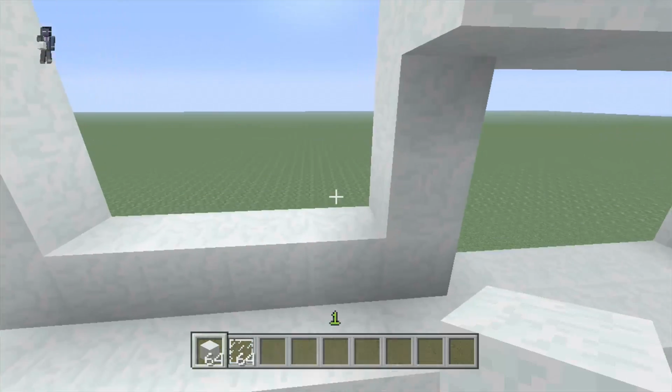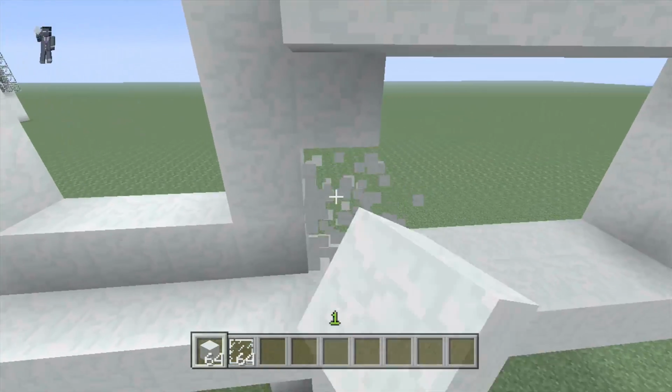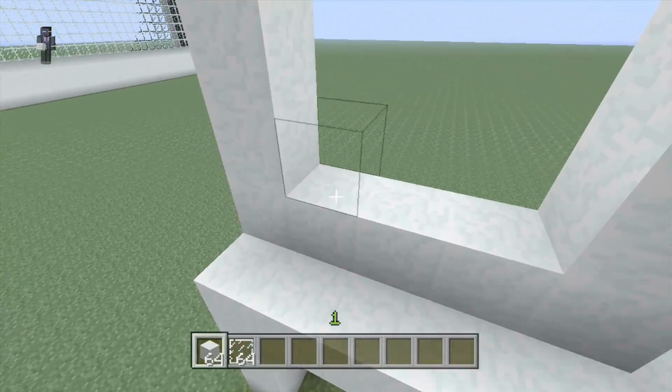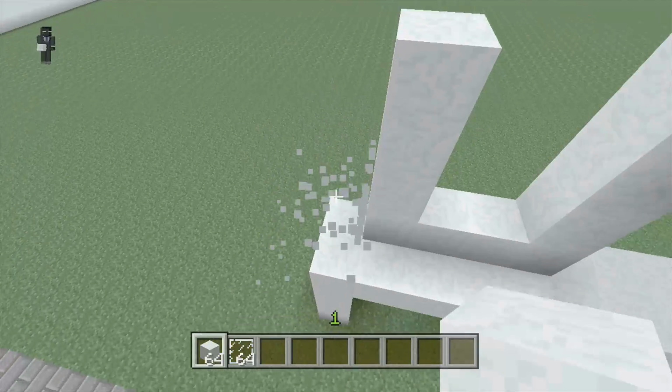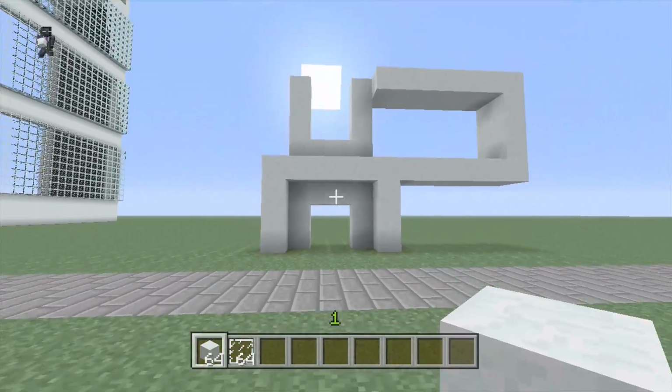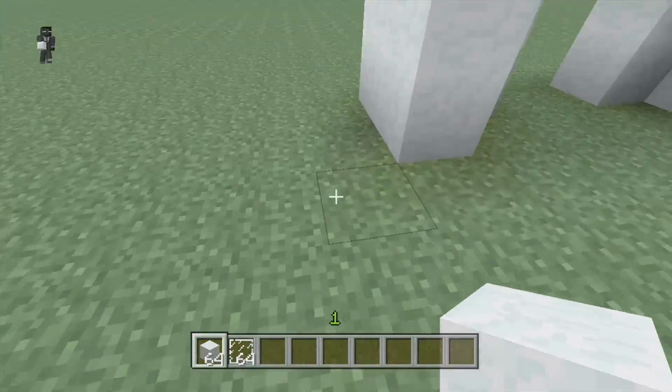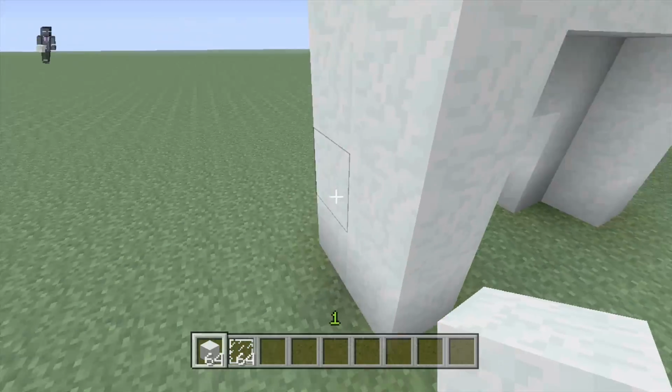Let's move it in 1 block. Sorry guys, I'm not trying to mess you guys up. I'm just trying to make sure you guys get the best looking house possible. Alright, that looks pretty good. I'm liking that. Alright, so over here on the left side of the house, just up here, we're going to